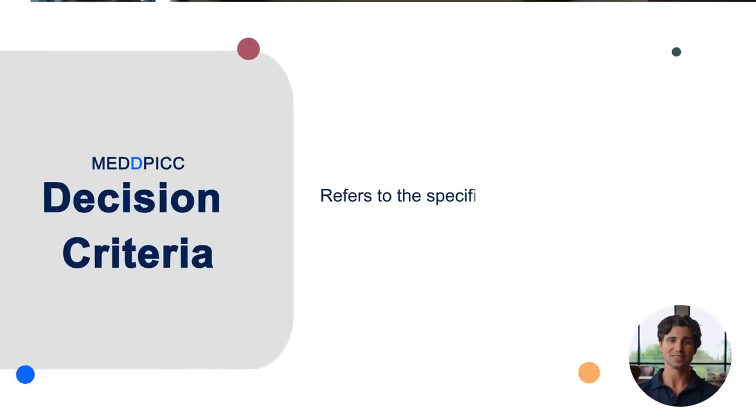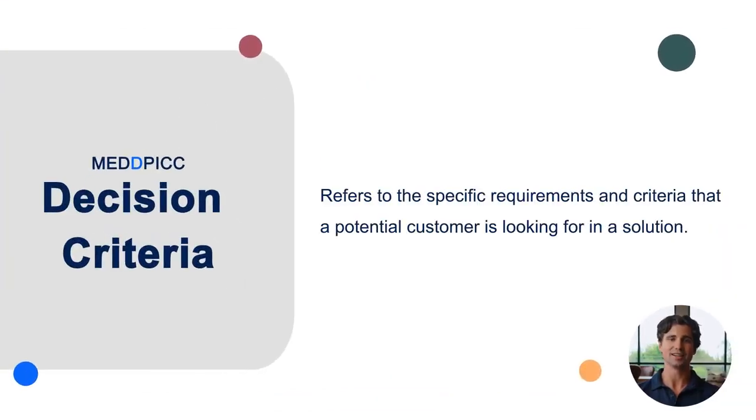Decision criteria. The third component of MEDDPIC is decision criteria, which refers to the specific requirements and criteria that a potential customer is looking for in a solution. Sales reps need to understand the decision criteria to position their products or services as a solution to the customer's specific needs. Understanding the decision criteria also allows sales reps to tailor their message to resonate with the customer's pain